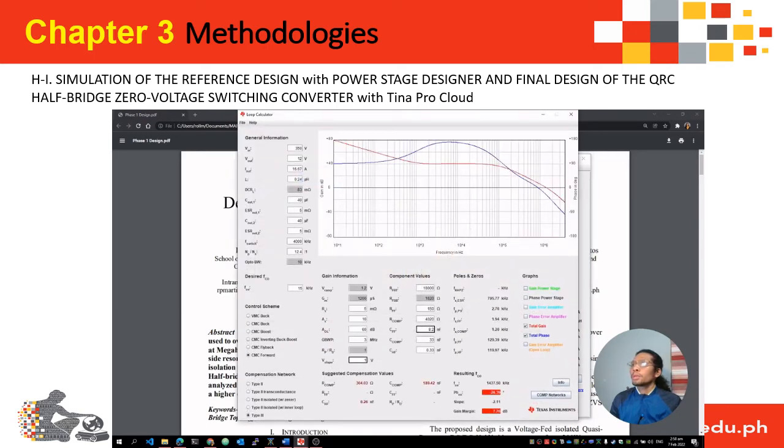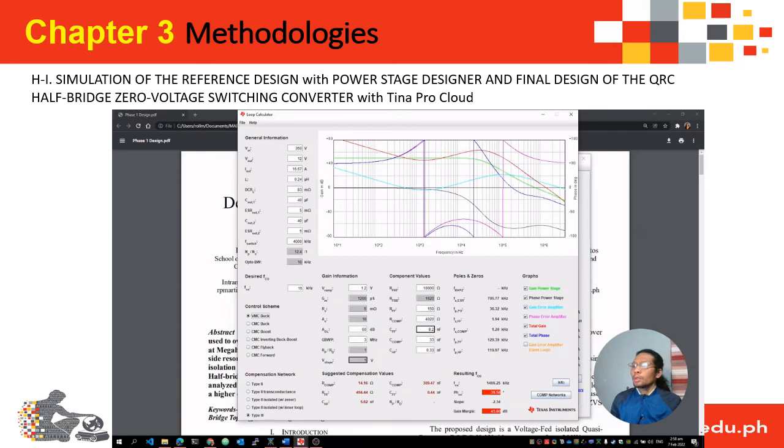So going to the loop calculator, we can see the plot of the total gain and total phase together with the gain power stage, phase power stage, gain error amplifier, and phase error amplifier. So here we use the minimum input voltage 350 volts and 12 volts, and we can get the other information for the control scheme, but we are going to use the voltage mode control buck converter since we are going to